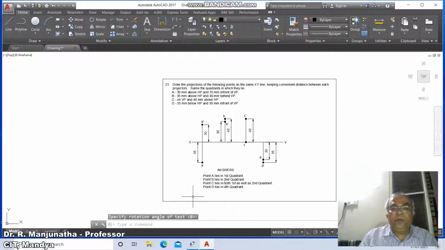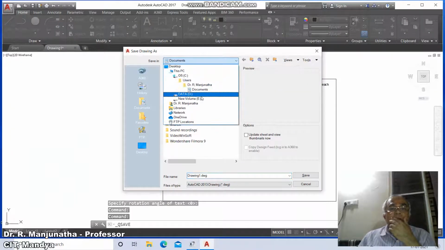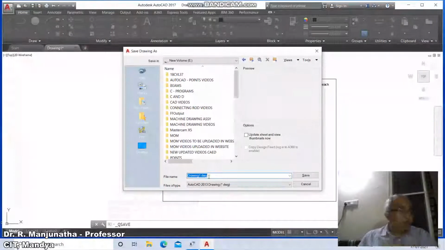So this is how you will be able to create the AutoCAD drawing, and then go to save, click on the appropriate drive and keep this as P21 and say